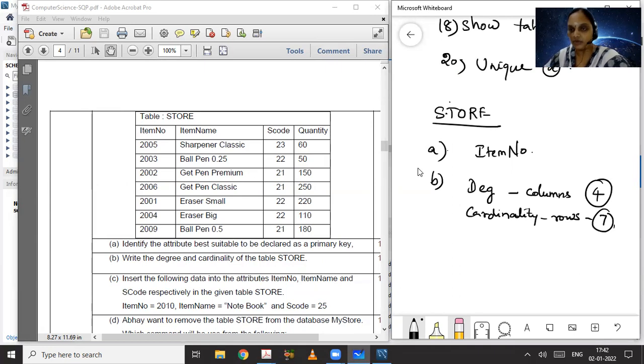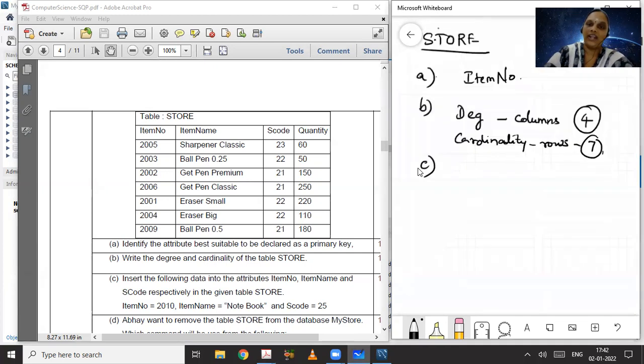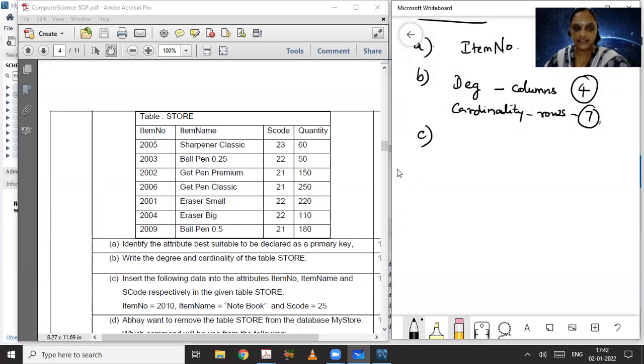So degree is the number of columns which is 4. Cardinality is the number of rows. In this case it is 7. Insert the following data into the attributes item number, item name and S code. பாருங்க, குவான்டிட்டி இல்லாம கொடுக்கறாங்க வேணும்ட்டே நான் சொன்ன மாதிரி. சோ குவான்டிட்டி இல்லாம you have to insert னா you have to follow the second syntax. So insert into